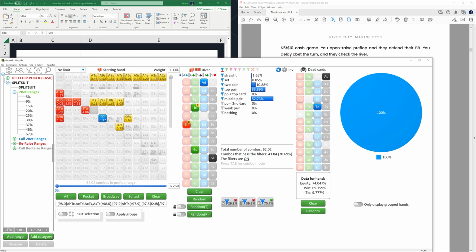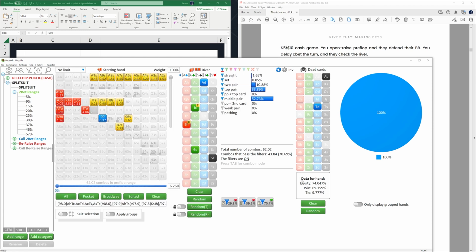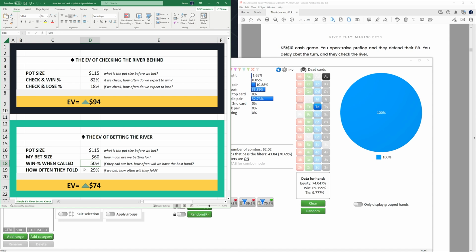This is going to mark in only these hands, and then the equity is for our hand against their entire continuance range, which we kind of just denoted as middle pair plus, and that gives us an equity of 74%. So we can go right in there, win percentage when called 74. Perfect. And we see the EV is plus 114, so a little bit higher for betting the river instead of